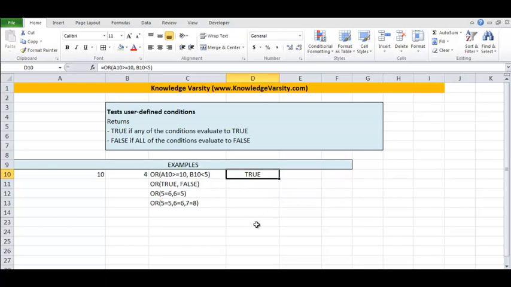We can copy this and paste it and see what happens. See, false. And this one, we didn't check, we can check it now. It comes as true. So this is the last one. We have to check OR of this condition. 5 equal to 5 is true. 6 equal to 6 is true. 7 equal to 8 is false. Since at least one of the conditions is true, the outcome should be true here, which we can check by pasting this formula. And this comes as true. So this is how it works.